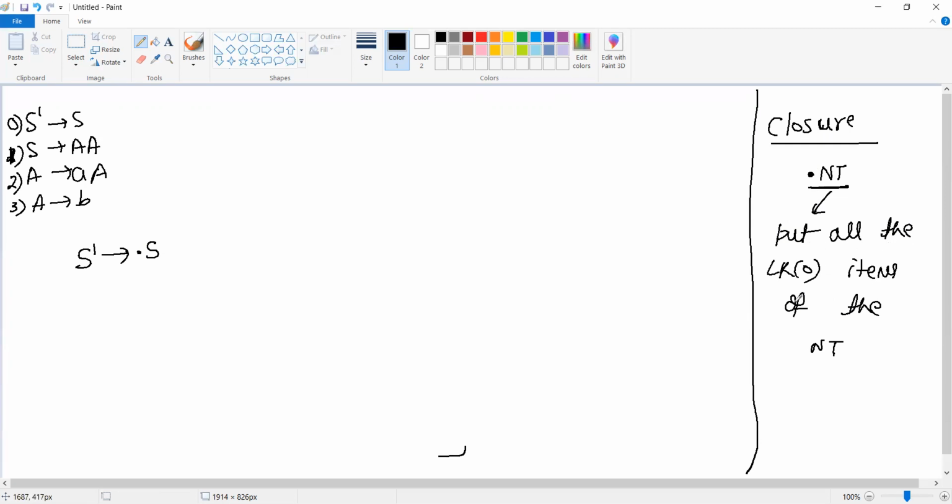Put all the LR0 items of the non-terminal. तो मैं S के सारे LR0 आइटम लिखूंगी. S के कितने प्रोडक्शन है? एक ही प्रोडक्शन है.